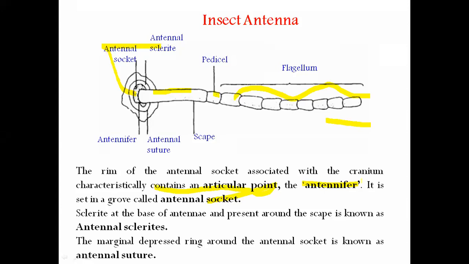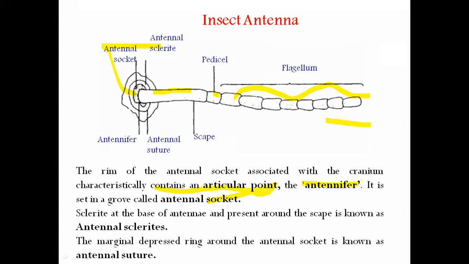So the antenna is well developed in adults, first of all, not in immature stages, where it is poorly developed. When an insect is in a young stage, it is not possible for the whole antenna to be developed, so they are very poorly developed. That means there is a reducing nature somewhere also, isn't it?